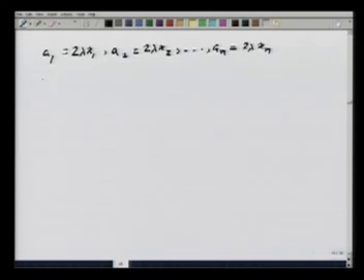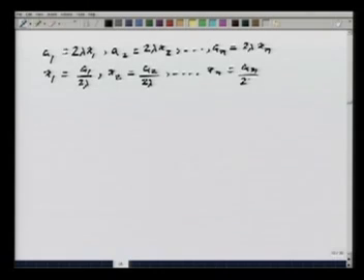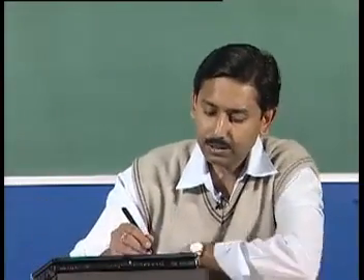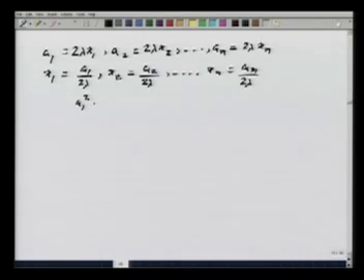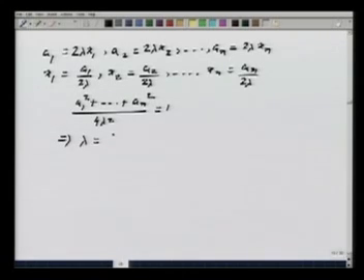Once I have this, I know then that x1 equals a1 by 2 lambda, x2 equals a2 by 2 lambda, up to xn equals an by 2 lambda. Now since summation xi square equals 1, that is x1, x2, xn lies on the sphere, I get that a1 square plus up to an square divided by 4 lambda square equals 1. I am just squaring and adding. So this gives me the value of lambda. I get that lambda is equal to plus minus